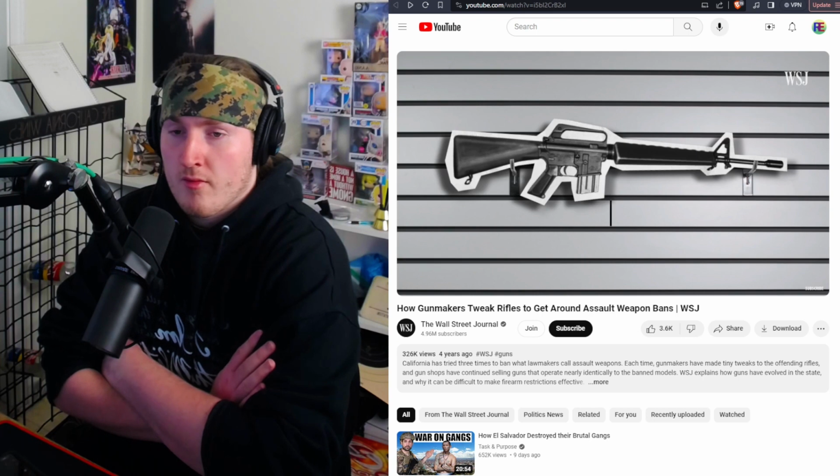First, here's the Colt AR-15 again. This is approximately what AR-15s looked like back before the state's first ban in 1989, and what they still look like in states that haven't passed bans. It has a pistol grip and a...